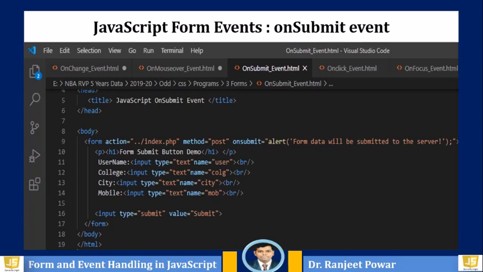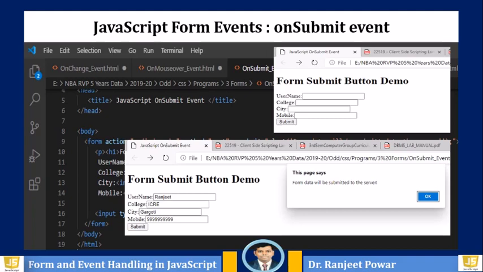The following example shows how to use onSubmit. Once the user fills in the username, college, city and mobile number, and clicks on the submit button, the form data is submitted to the server. And in this example, you can see the alert box shows that the form data will be submitted to the server.